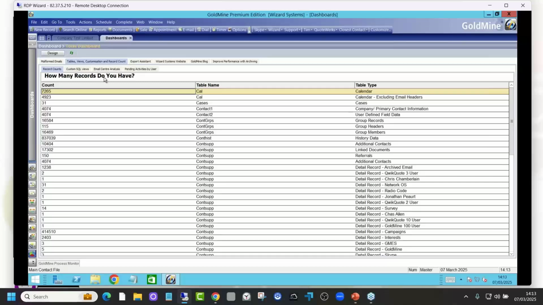But this is where you can ascertain, looking at the various parts of GoldMine. And GoldMine is not just one big file. It consists of a number of different files. When you're interacting with GoldMine, you see it as one system, but deep down in the structure, in the bowels of GoldMine, they are different tables, as we call them. Now, don't worry too much about this column here called table name, but Cal and Contact One, they're probably two very important tables that you work with in GoldMine,